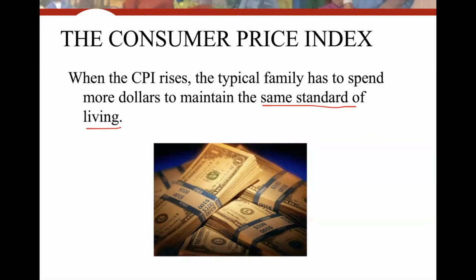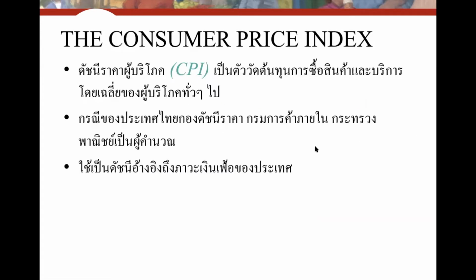So if the price of the ticket or the price of the buffet increases, you can see that you have to get more money to maintain that level of living, right? So the same standard of living represents, or tells us about, the bundle of goods that the typical consumer consumes every month. You get what I explained, right? So in this case, in order to maintain the same standard of living,